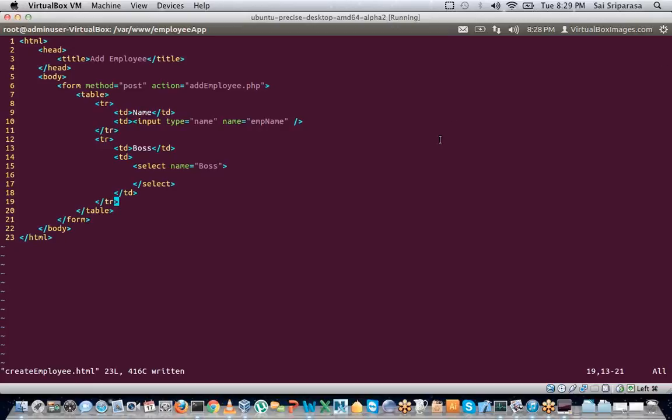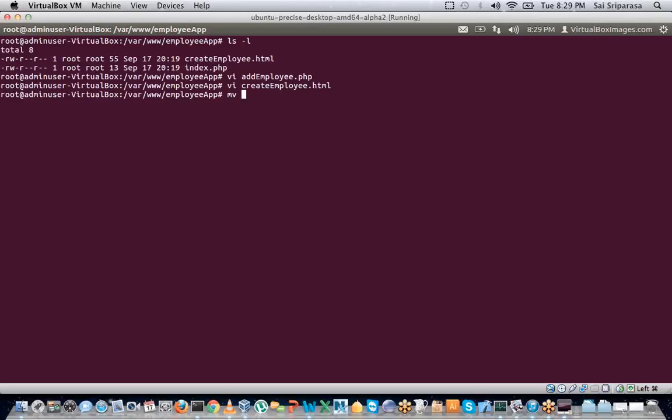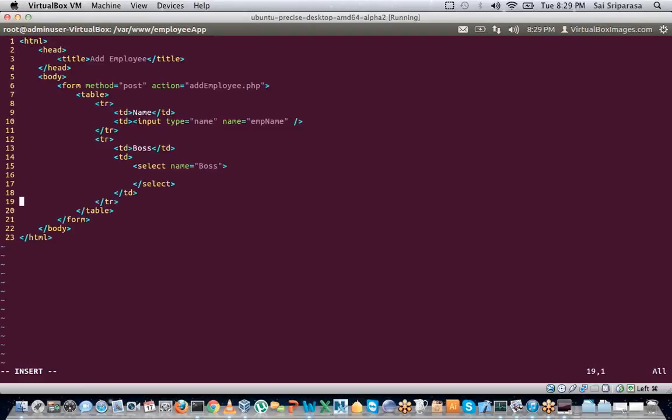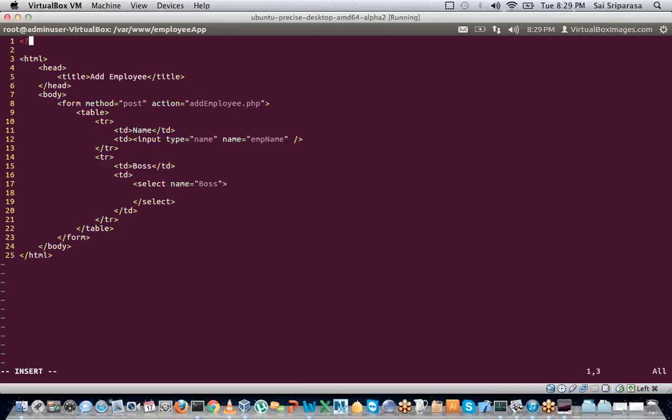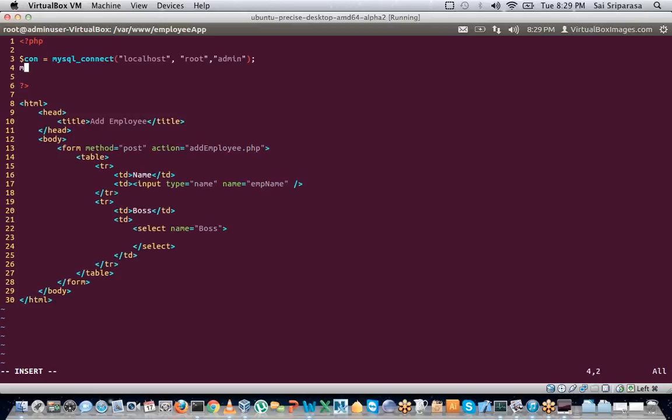Okay, so since we have to make the select options dynamic, let's actually convert it into a PHP application, or PHP file. Create employee to create employee.php. Vi create employee.php. Okay. So now the first thing is, let's actually begin with PHP. We would open up a connection, say MySQL connect localhost, root admin, MySQL select db is equal to employee app,